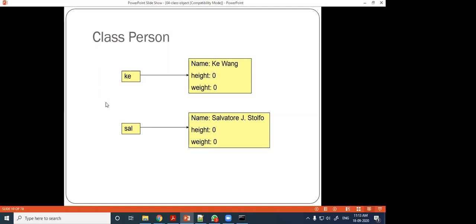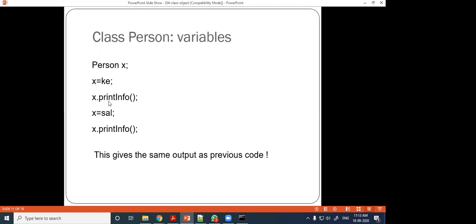Okay. Now next we will see here person X, then X equal to K. Okay, another reference is declared here. X is declared as person type. But here you see X is equal to K. What will it do?